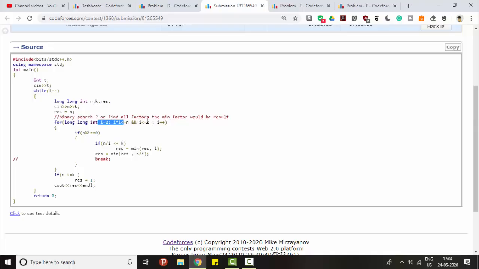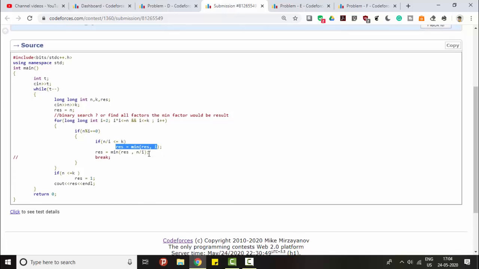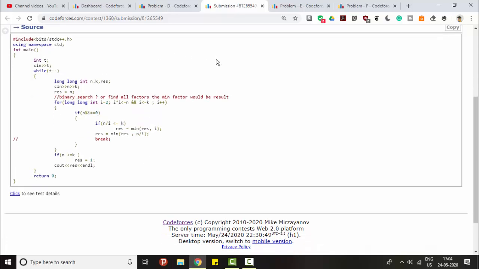So what I've done is, in this perspective, I have made it clear that with respect to the factors, we will check this as an analogy, as 4 into 2 is equal to 8. So 2 packets of 4 package, and simply like this, we will iterate over the ith number of packets of the category n by i. And when I find the solution, I'll just minimize it, and we'll go through this problem.